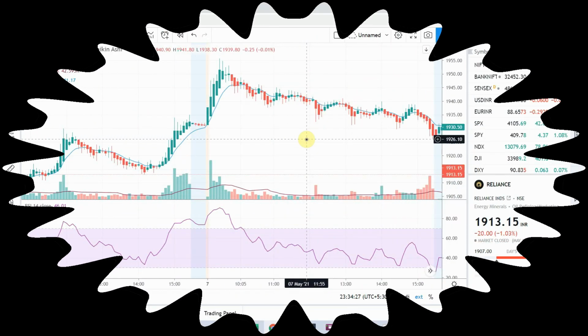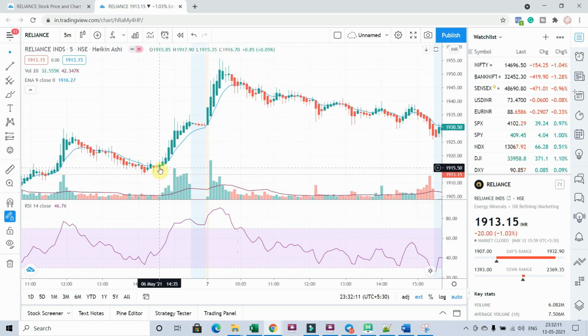Let me show you this in the chart. Here you can see that there was a breakout crossover of the candle with the EMA. You can also see that the volume has gone above the 20 moving average. RSI is within 30 to 60, approximately around 58, which is fine. In this candle, you go long in futures.